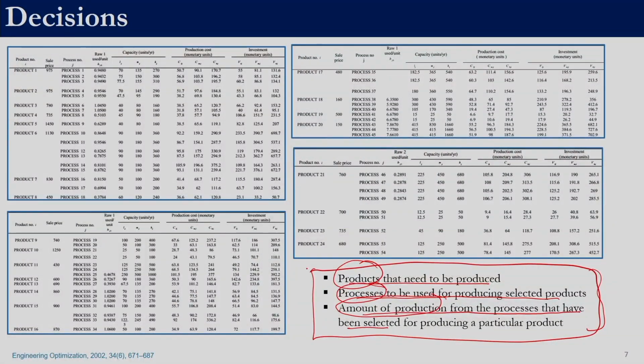So recollect the meta heuristic techniques that we had discussed. For that, the first thing we need to give is lower bound, upper bound, and the fitness function. So now the question is, what are our decision variables? Only if we know our decision variables will we be able to give the lower bound and upper bound. So now we need to resort that what would be our decision variables. Whatever we have discussed here, this is what is required.